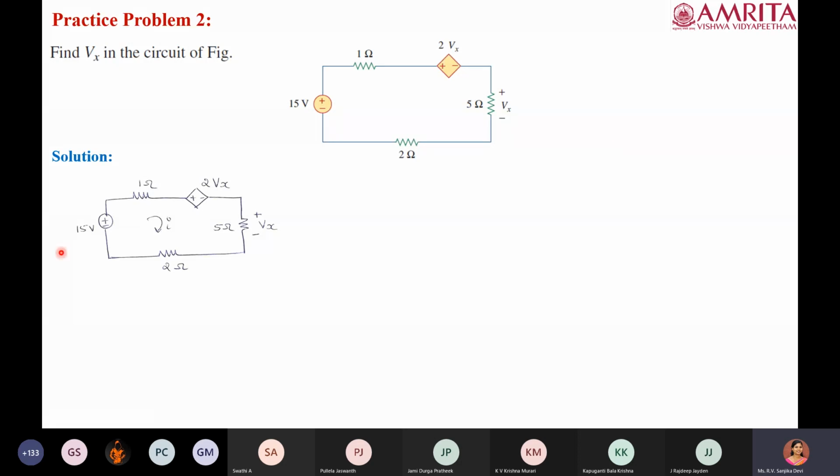Okay. So here the assumption is that it is flowing in the clockwise direction, but we do not really know whether the current really flows in the clockwise or in the anti-clockwise. Normally for circuit theory approach, we assume the current to flow in one particular direction and we compute. If you get the value of current as positive, it means that the assumed direction is correct. If not, the current is actually flowing in the opposite direction. That's it. Okay. So now let us assume that the current is flowing in the clockwise direction.